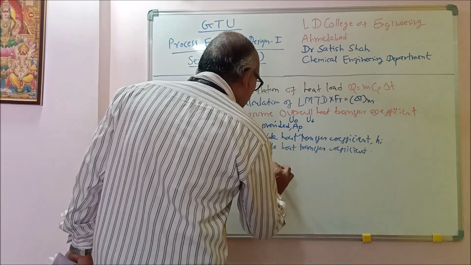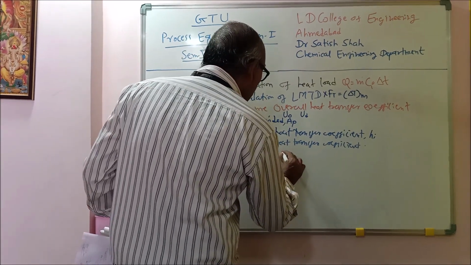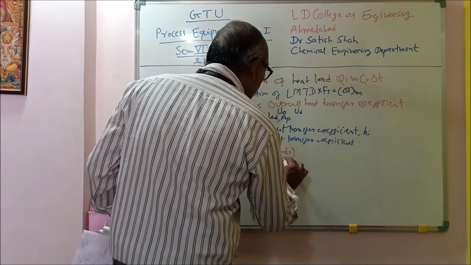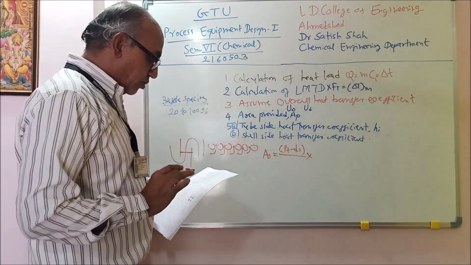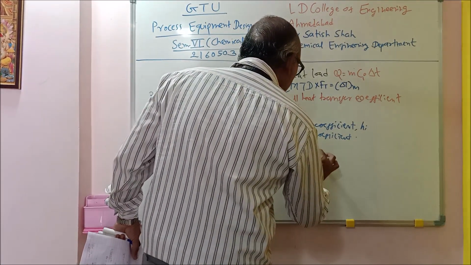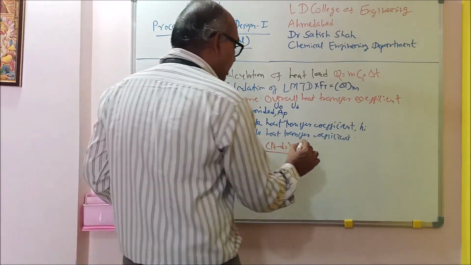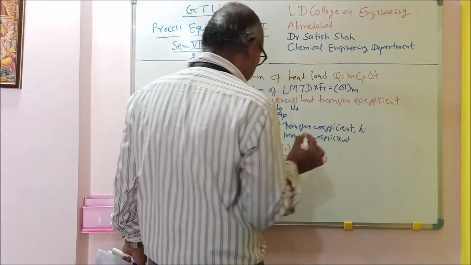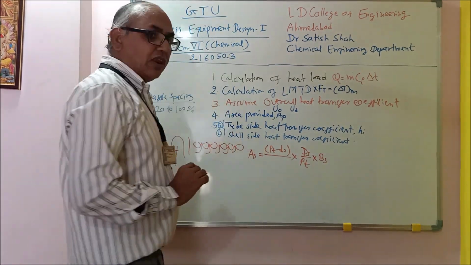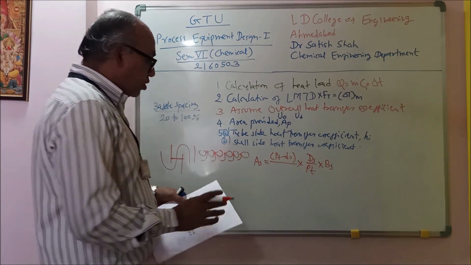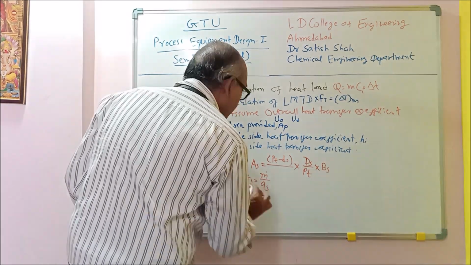So if you write down the formula, it will be AS equal to (PT minus DO) upon PT, where PT minus DO is the clearance, into DS by PT, that is the number of clearances available, and multiply by B, that is the baffle spacing. This way you will calculate the cross section area available for the shell side flow. You can calculate GS, that is equal to M by AS.